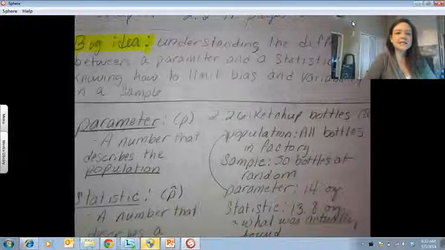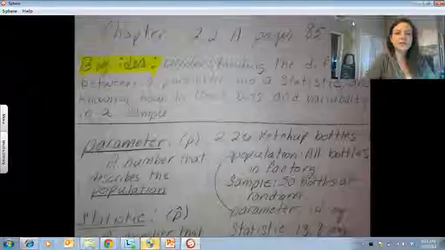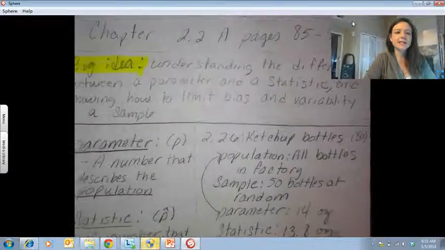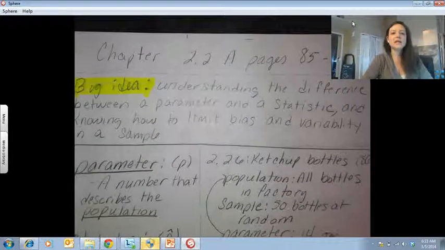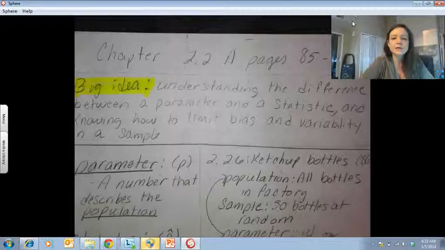Hey guys, this is the lecture for 2.2a on pages 85 through 90 in your textbook. The big idea we're going to be working with here is understanding the difference between a parameter and a statistic, and knowing how to limit bias and variability in a sample. So please join me on that page. The first thing we're going to do is